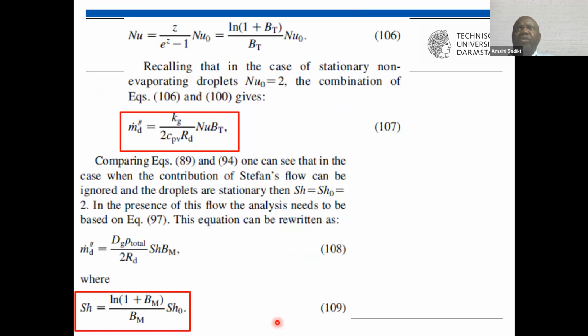And if we have this, then we will get the relationship between the mass fraction, the evaporation rate, the Nusselt number, and also the thermal Spalding number. And if we have this, we can try to introduce the Sherwood number at stationary, or perhaps say it in another way. If we compare this expression,